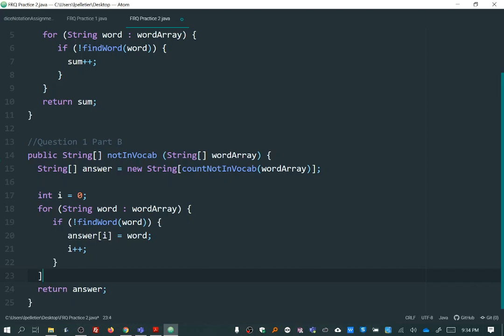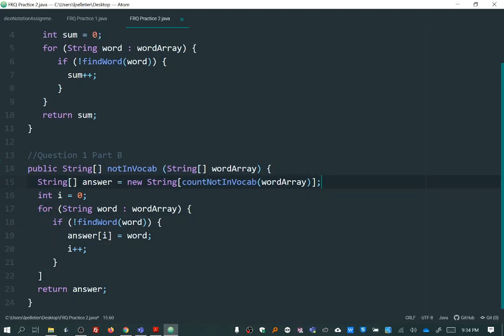There we go. I'll just compact that a little bit, and that's going to be my answer for question 1, part B. So I guess I should go. Oh, that's not a brace either. There we go. Apparently, I'm very tired with all this yawning and stuff. I should go take a nap. But I'm going to instead